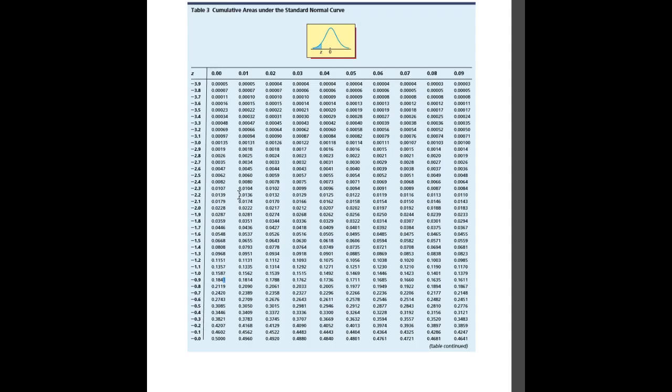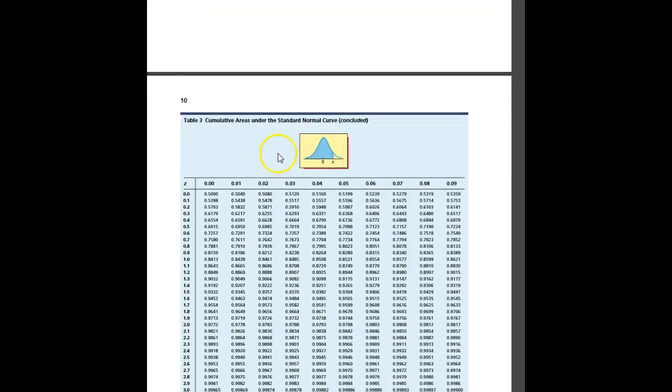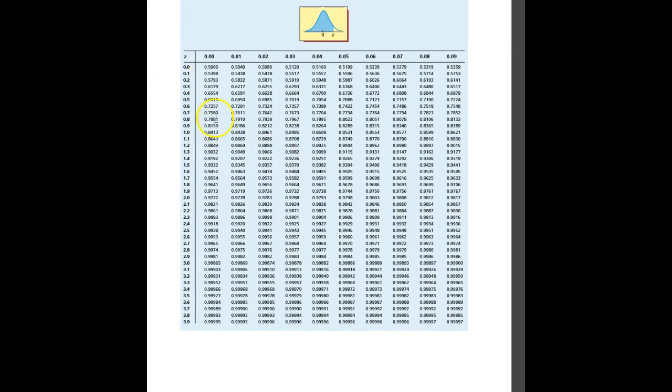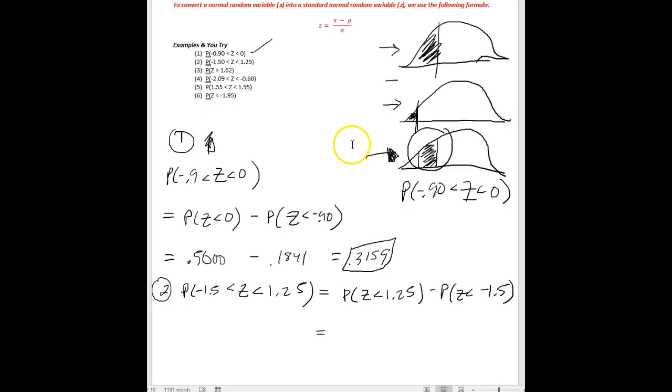So 1.25, we go to the table. 1.25 is a positive z value, so it's going to be on the positive side of the table. We find 1.2, we march over to the 0.05, right? So this is representative of the 1.25 z value, and that's our probability under the curve. So we have 0.8944. Okay? So we write that in,